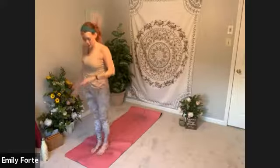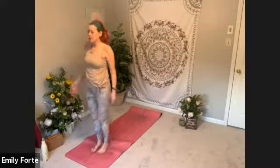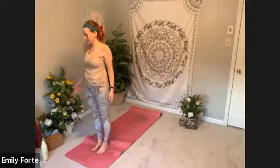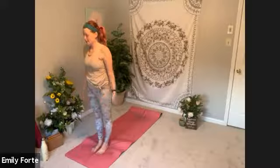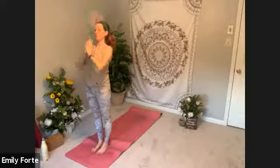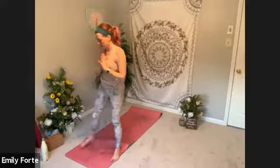Full round of breath. Shake out whatever you need. Bend your knees. Pedal out your feet. Full breath in. Full breath out. Inhale, reach up. Exhale, just bring hands to heart center and take your feet out nice and wide, the width